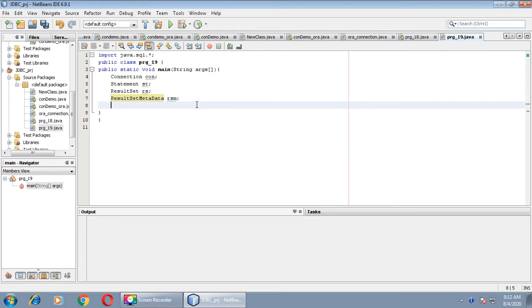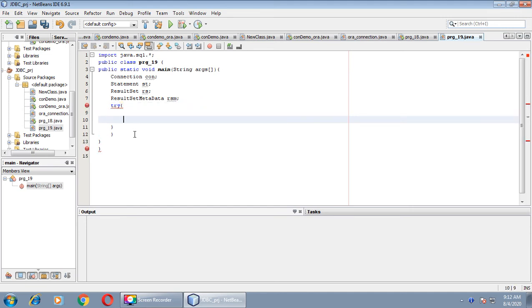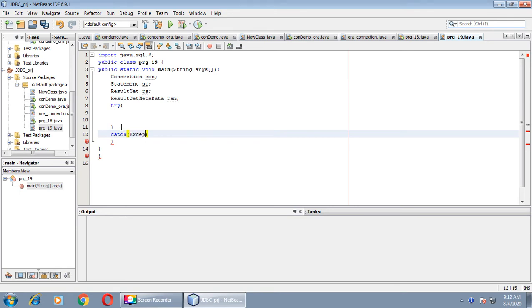Now we'll take try block. As usual, we will cover the code where maybe a chance of arising an error, right? And catch block with exception class with object E.